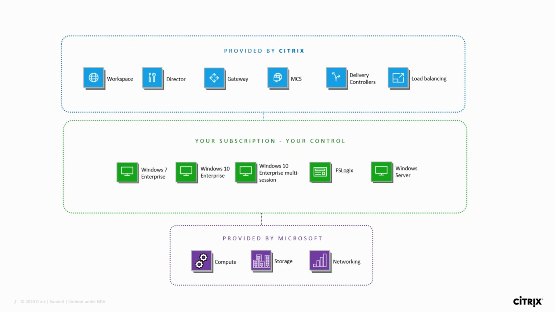Delivery controllers are going to be used to broker it. So that's going to be Studio, the consoles you're used to, as well as our Citrix load balancing. And one of those newer features is vertical load balancing, which I think is quite interesting. So we're going to replace that control plane, and we're going to connect those workloads, but we're going to use the HDX protocol instead of using RDP. So that's where Citrix and VDA work well together, or sorry, WVD work well together.